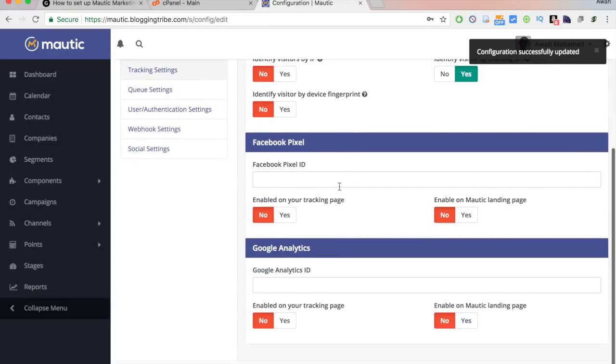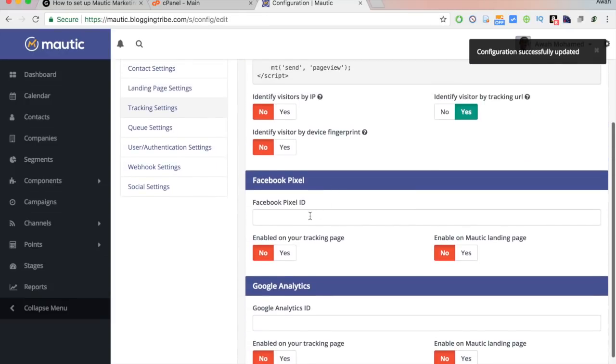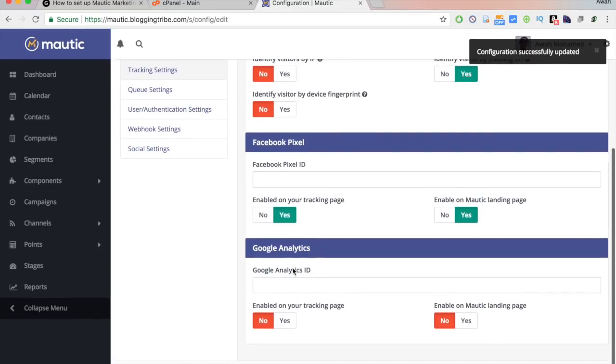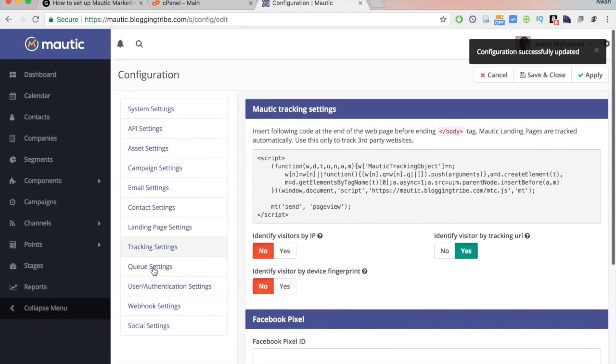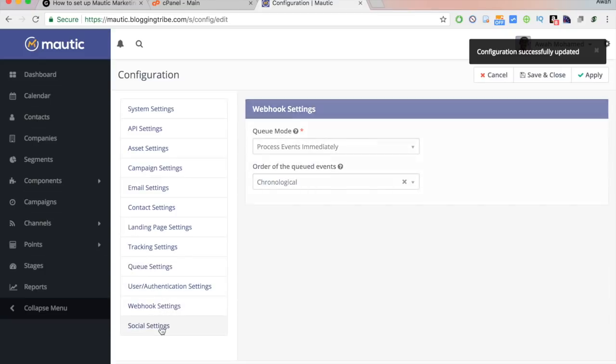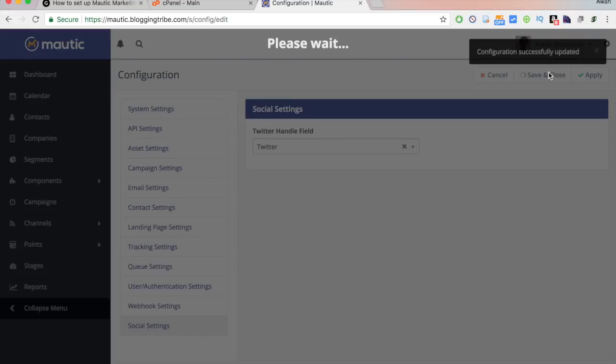Okay, if you would like to use their landing pages, the Mautic landing page builder, and you would like to use Facebook ads, then you can install your Facebook Pixel ID here, and then you could just enable it on your tracking page and enable on Mautic landing page, and then you could also enter your Google Analytics ID here. Queue settings, no, and everything else looks good. Okay, so we'll just save and close,